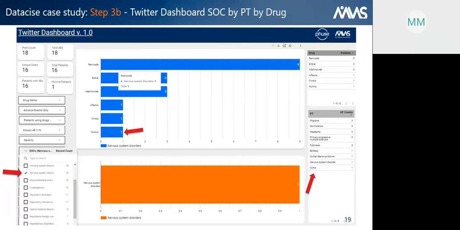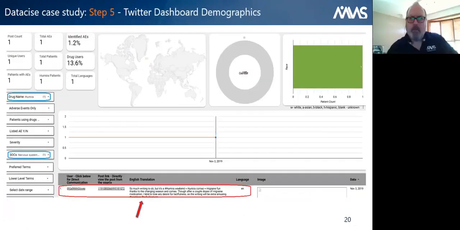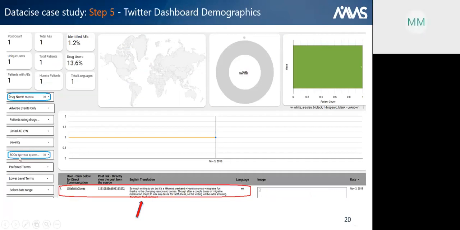Next slide. So, as coma was the only event reported unlisted for Humira, we would like to see what kind of Twitter posts say about it. And when we go back to the Twitter dashboard demographic, we find the post related to this event, and we see that the actual tweet seems to be from a healthcare professional dealing with multiple coma cases for Humira. And this makes us wonder, do we have actually similar types of signals in other